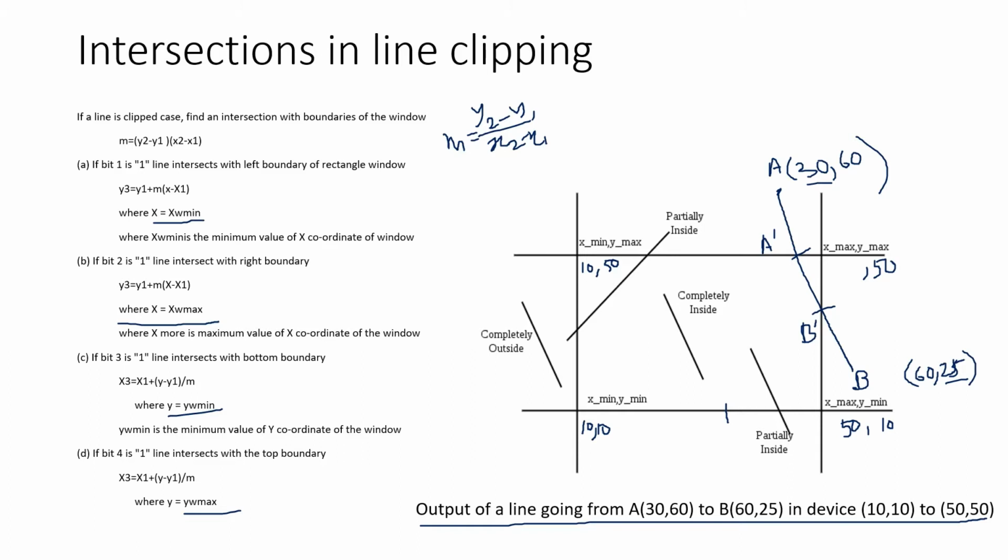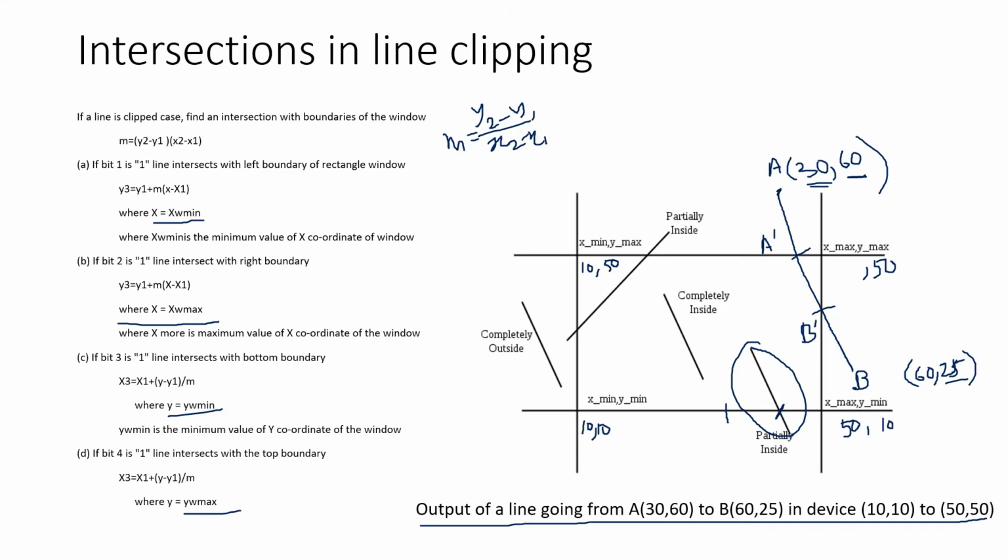If you look at the picture, you can get an assumption of what we need to do. You can see that the closest lines lying over here are x max and y max. So what is our problem? Our problem is not this 30 value. Our problem is basically this 60 value. So we have to assign y equals yw max, because it cannot go beyond here. If there was a case like this, in that case we would calculate for this point y equals yw min. But this is not the case over here. It is going beyond the value of y max, so the highest value it can have is the y max.